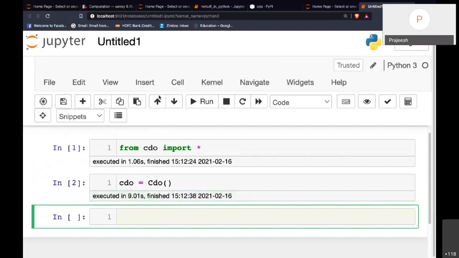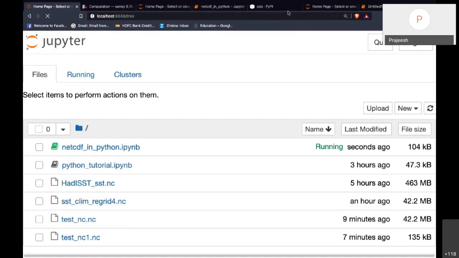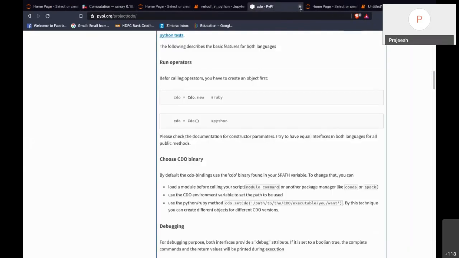Yeah, so basically, I think the issue is in my local machine, I don't have the actual CDO installed. The pip install only installs the Python wrapper of CDO, but not the CDO itself. So that should be the issue.